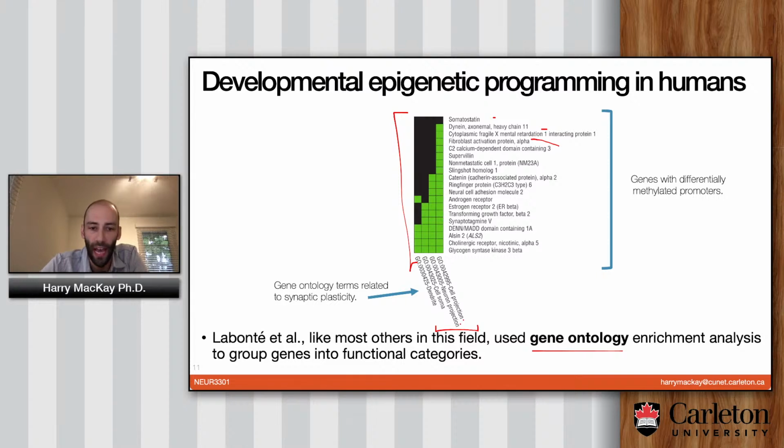And that tells you that the genes that are differentially methylated by early life exposure to abuse all involve the processes of forming projections between neurons. Things like axons and dendrites are examples of projections. So it kind of narrows things down. Instead of having to think about estrogen receptor 2 beta or ER beta, or the androgen receptor, or neural cell adhesion molecule 2, or ring finger protein 6, etc. Now you're thinking, okay, we're talking about projections. We're talking about axons and dendrites. So structurally speaking, then you have a way